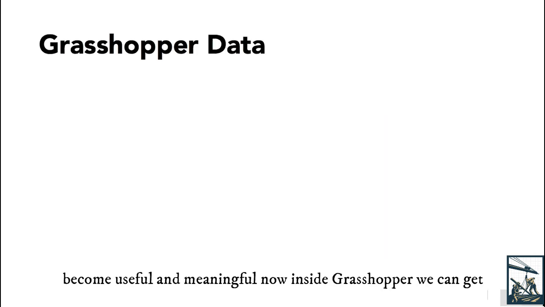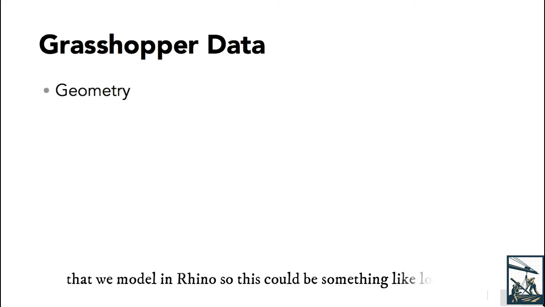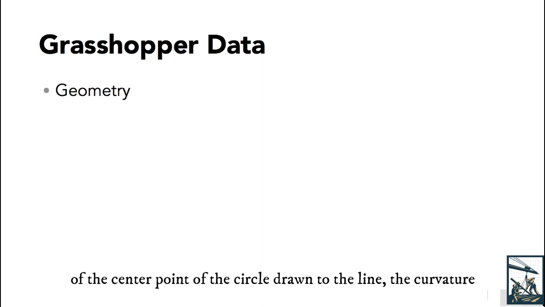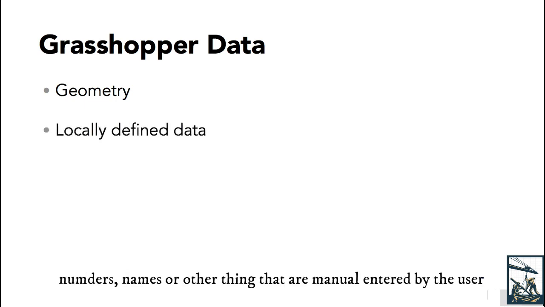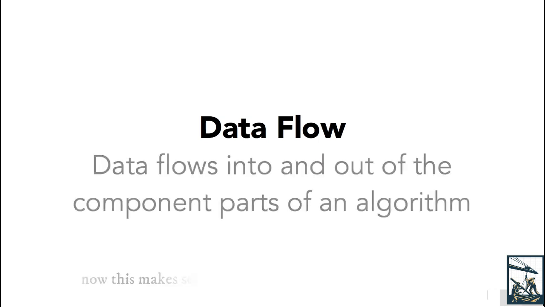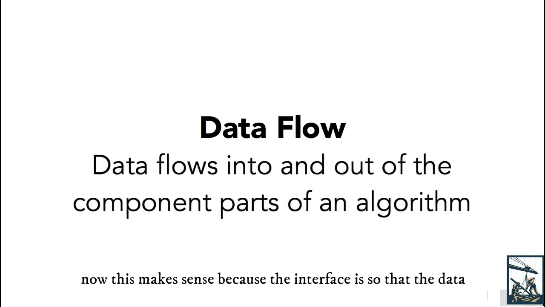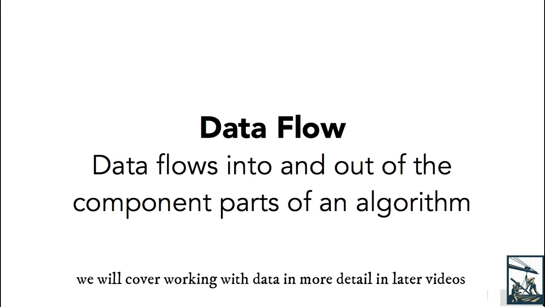Now, inside of Grasshopper, we can get data from a few different places. One of those is from geometry that we model in Rhino. So this could be something like the location of the center point of a circle, the length of a line, the curvature of a surface at a given point, just to name a few. We could also have locally defined data, which is essentially numbers, names, or other things that are manually entered by you, the user. You'll often hear the term data flow when working in Grasshopper. Now this makes sense because the interface is set up so that data flows into and out of the component parts of an algorithm. We'll cover working with data in more detail in later videos, but for now,